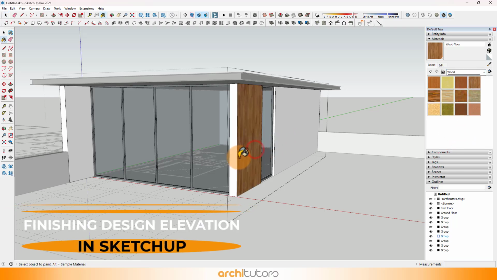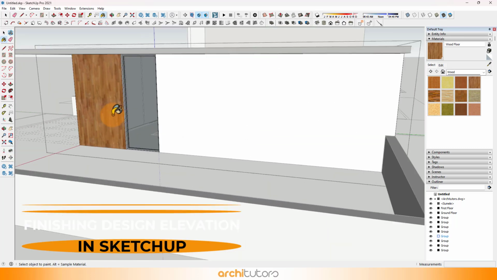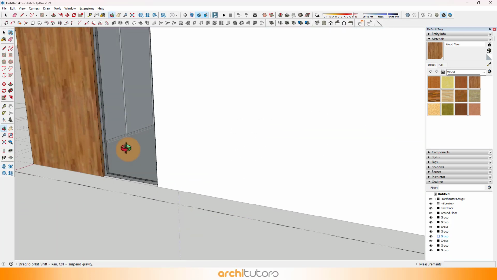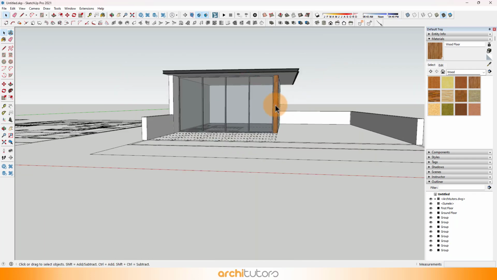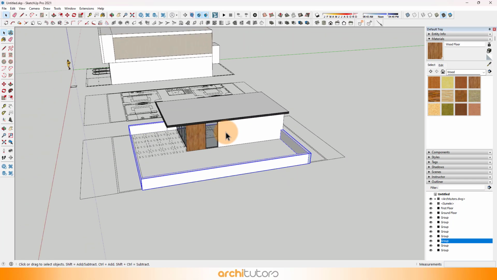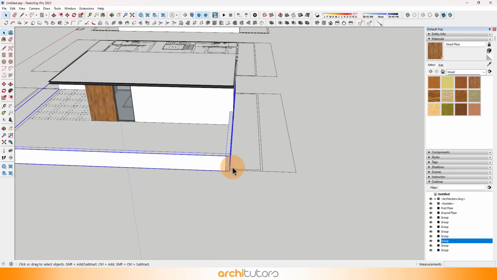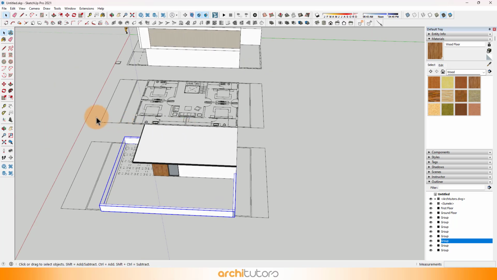Make sure to give the surfaces different materials to make it look better. Depending on how you're going to render a project, you can assign materials accordingly. If you're going to use V-Ray for rendering, you can use V-Ray materials. If you're going to use an external engine for rendering like Lumion, you need to apply different surfaces with different textures so they can be easily altered later.